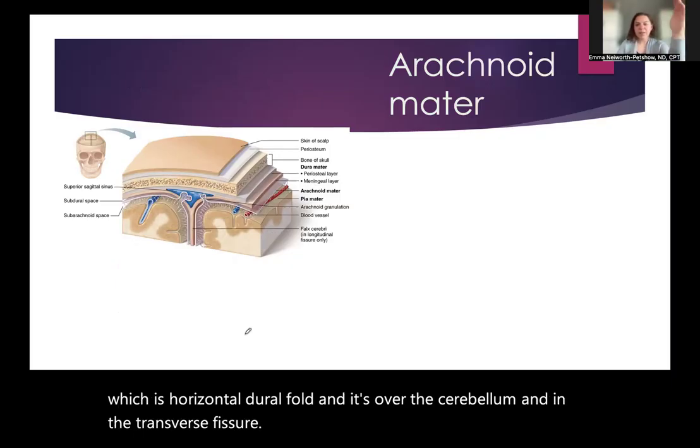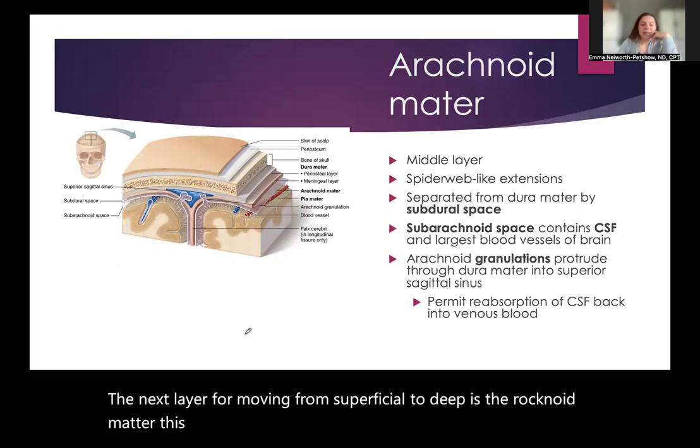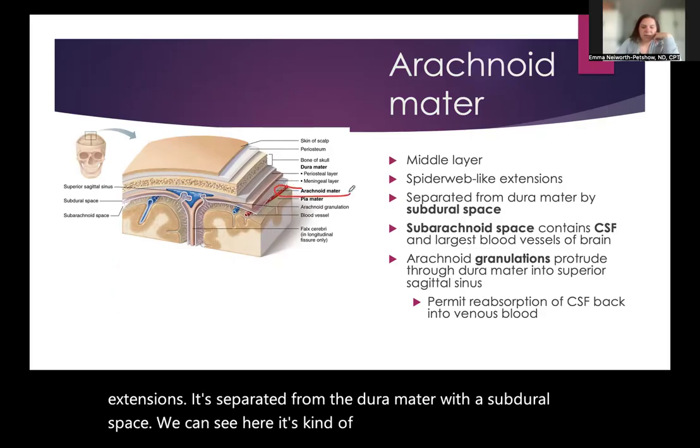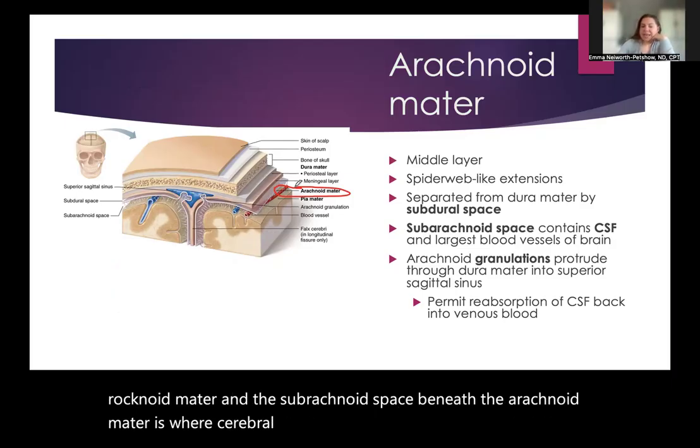The next layer, if we're moving from superficial to deep, is the arachnoid mater. This is the middle layer, and it contains some spiderweb-like extensions. It's separated from the dura mater with a subdural space. We can see here, it's kind of this layer right here, the arachnoid mater. And the subarachnoid space beneath the arachnoid mater is where cerebrospinal fluid is contained, as well as where we have